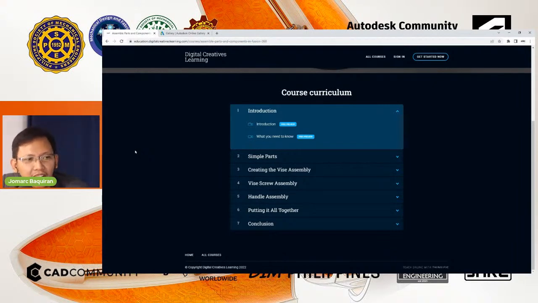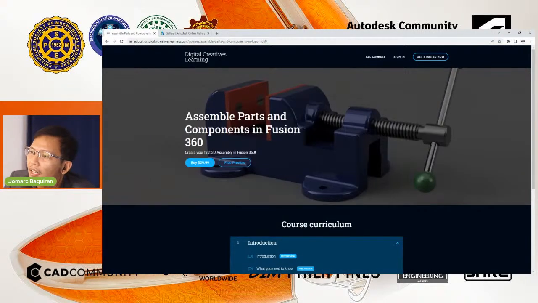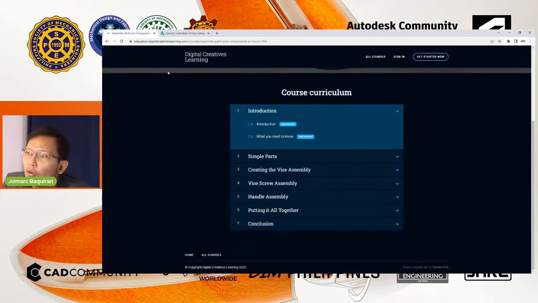I have recorded an assembly course for everyone, exclusively para lang po sa lahat ng present tonight. So, fill out that form. Ito po siya, assemble parts and components in Fusion 360. Yan po yung ibibigay natin so that you will also know how to, kanina kasi we learned about part modeling. So now you will be learning assembly din.